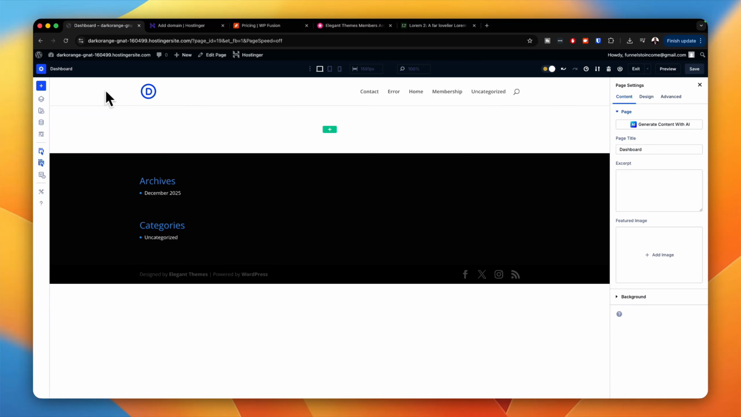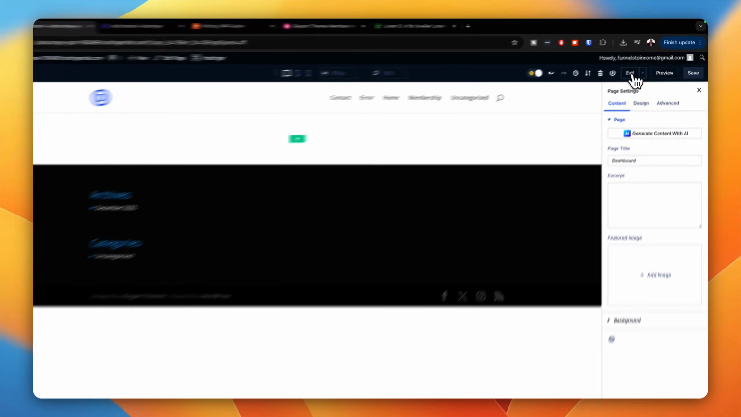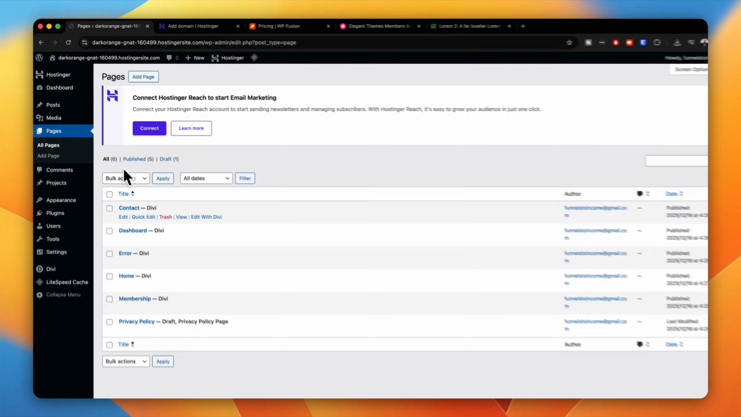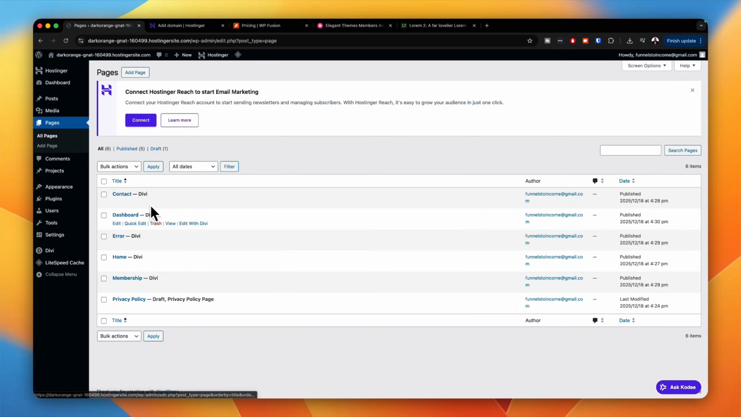Now it's time to have a look at all the pages. So to do that, we need to exit out of the builder interface here by clicking on exit. Now let's go back to WordPress, and these are all my pages. So we have the contact page, which is ideal for anyone to contact us if they need to. We have the dashboard, which is the main landing page which people get to when they log on to the website. We also have an error page just in case someone is trying to access information that they don't have